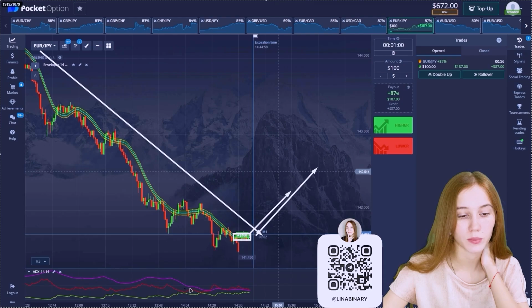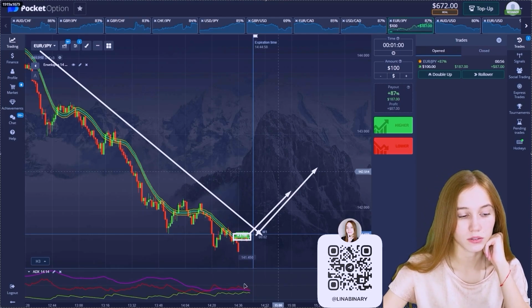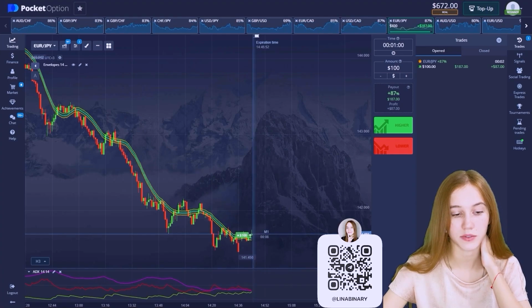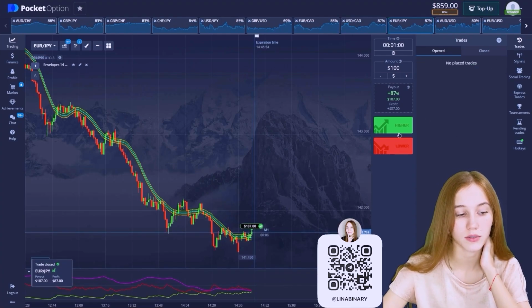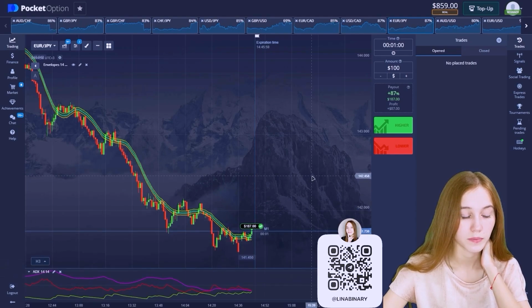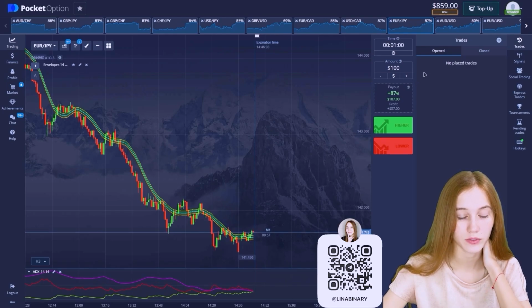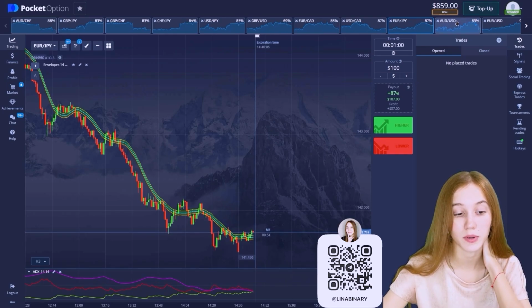What we see from the ADX indicator, the intensity begins to drop but remains stable. The red indicator begins to fall, and the green starts to level out. In the future, there will be an intersection and a change in trend. There is a second left until the end of the deal. Profit is $87. Yeah, good. So our balance is $859. And let's move on to the last